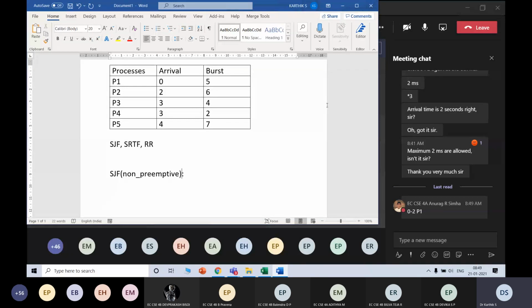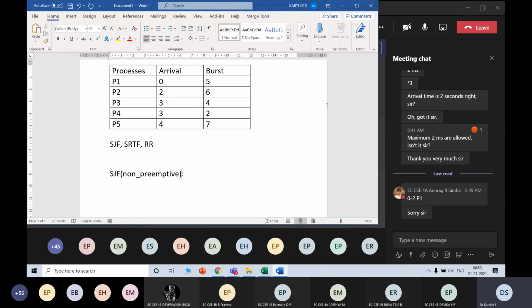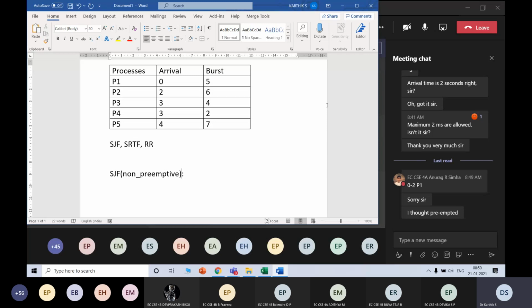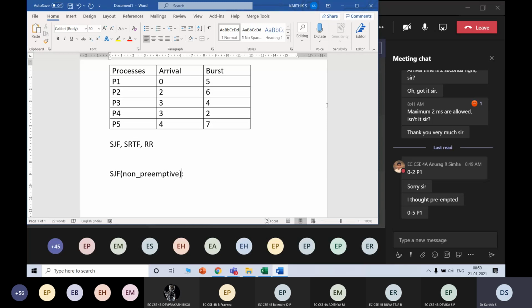No, Anurag, we are talking about non-preemptive SJF. So that means at time 0 when you give the execution to P1, it will continue until it completes because it is non-preemptive. So when is it going to complete? It is going to complete at 5 milliseconds. So 0 to 5 P1 will execute, then 5 to 7 P4 will execute,